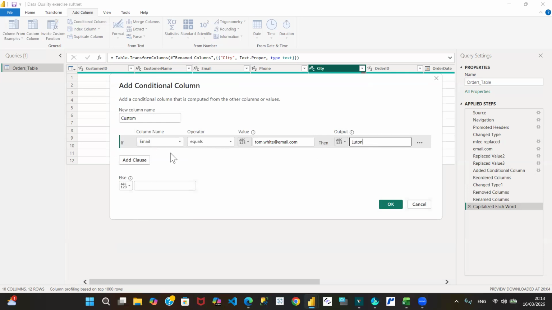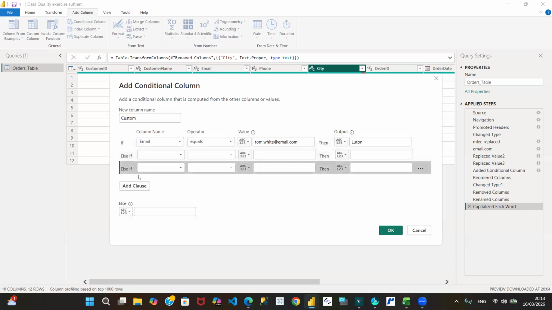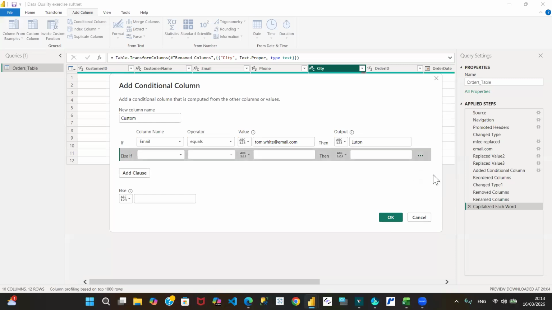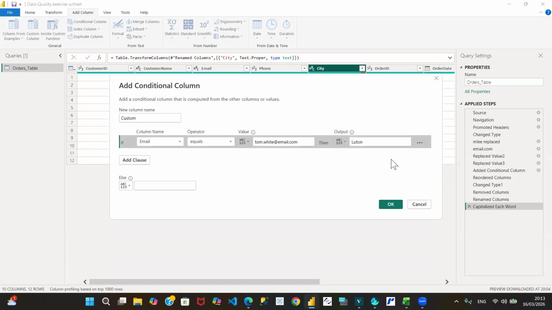If there are more people to correct the city for, you just keep adding and adding as many times as you need. But we don't need that. We only have one for this particular solution. So if email is that, bring Luton. But if not, then we have